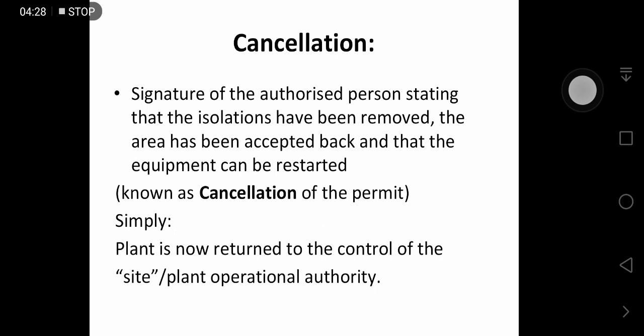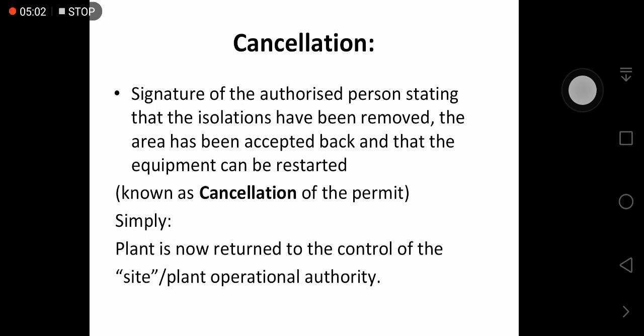In the cancellation, or fourth section of the permit, it basically contains the signature of the authorized person stating that the isolations have been removed and the area has been accepted back, and that the equipment can be restarted according to the normal or scheduled work routine.